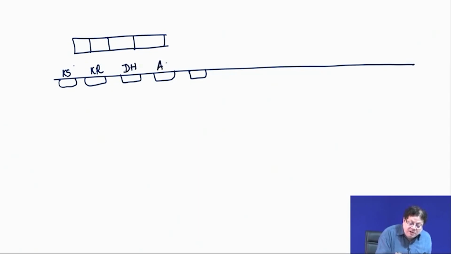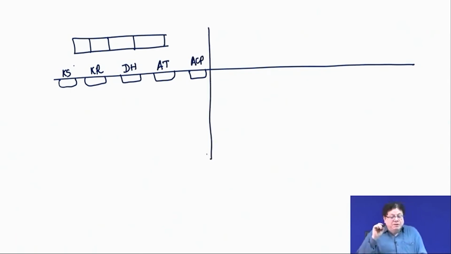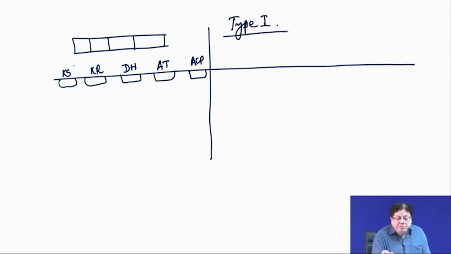I will talk about this, what is AT, I will come back, AT and then ACP. Okay. So, this is what is called type 1 polyketide. Type 1 is what? You have a big protein where different domains of activities are there. And type 2 is you have different proteins,